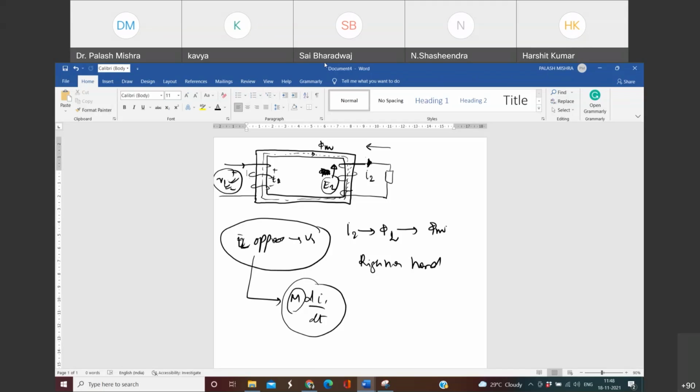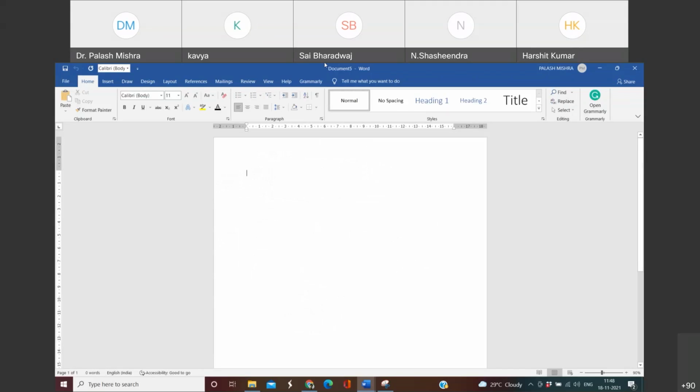But suppose there are n number of coils, something like this, and you don't know how they're connected. A resistor is connected something like this here, and maybe a capacitor is connected something like this, so anything can be there. There is one more resistor here. Let us suppose they are telling that this coil 1 and this coil 2 are mutually coupled.